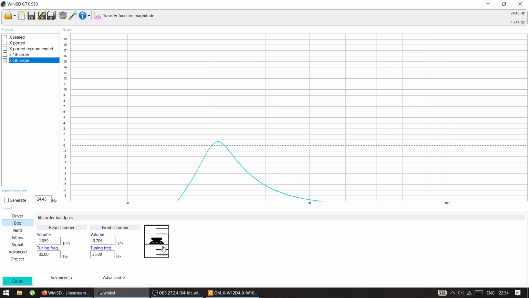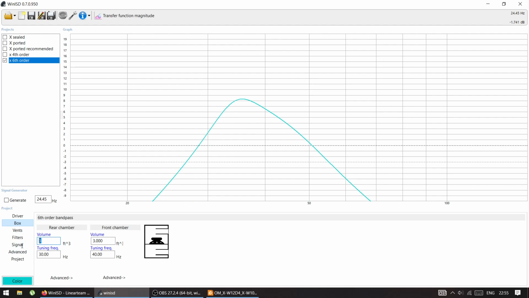You have two ported chambers, and both of them have a tuning frequency. So let's do 2 cubic feet, 2. Let's tune one to 20, which is not unreasonable. 30, and the other one, let's say 40. It doesn't look very nice, does it? Let's play with it. 3, no. 1. I just want to try to have a normal shape. 1, no. 2,